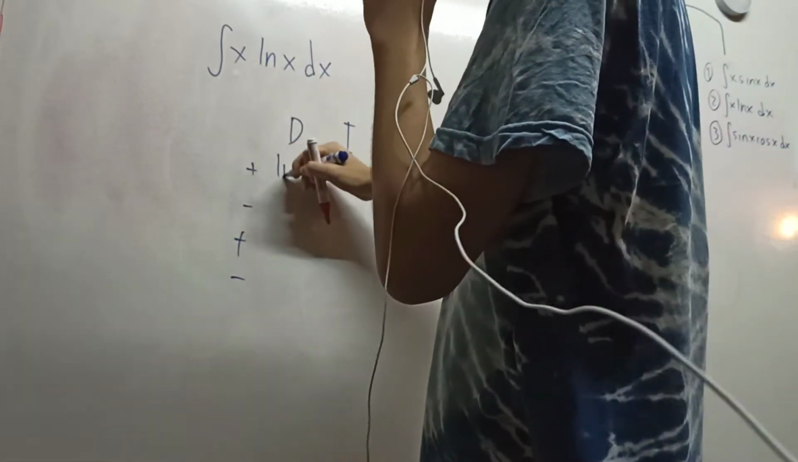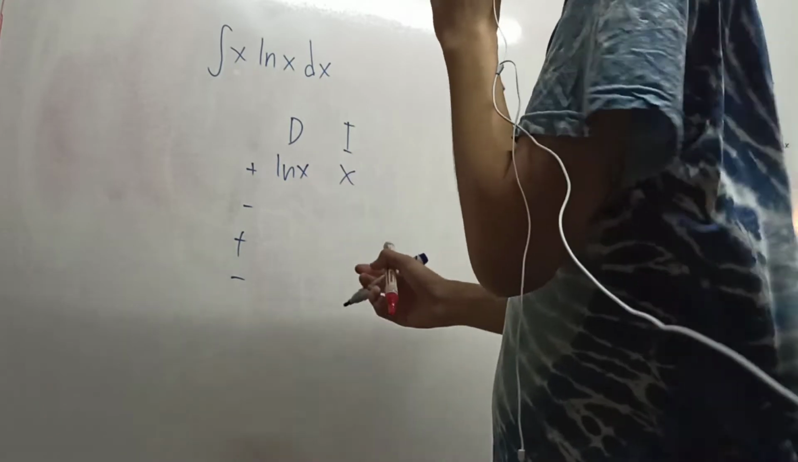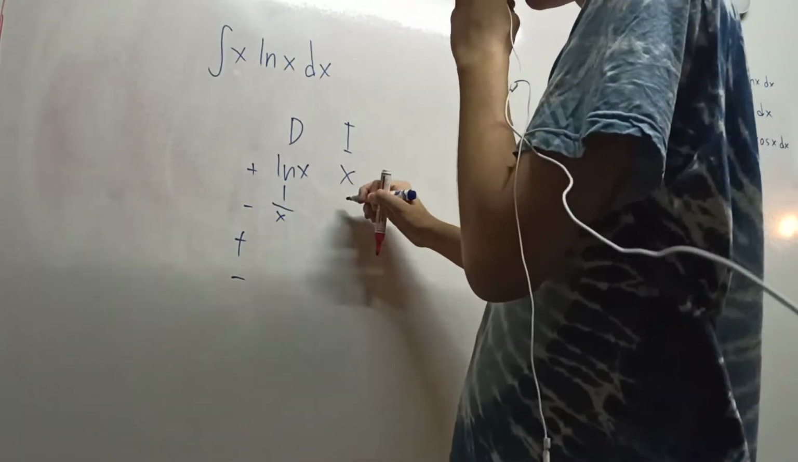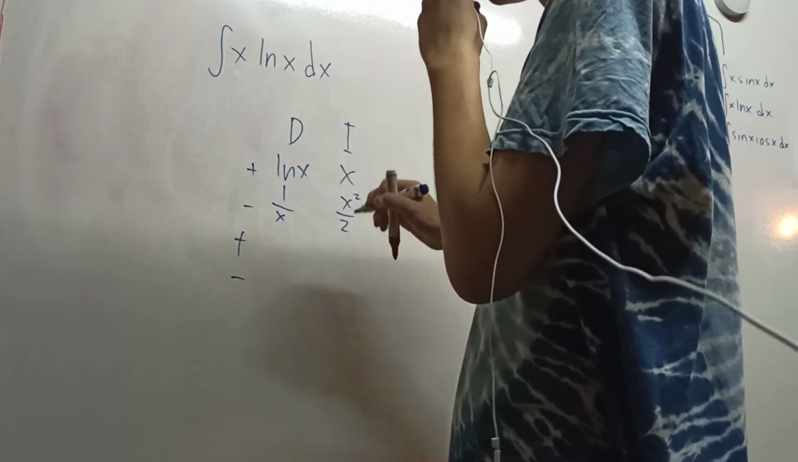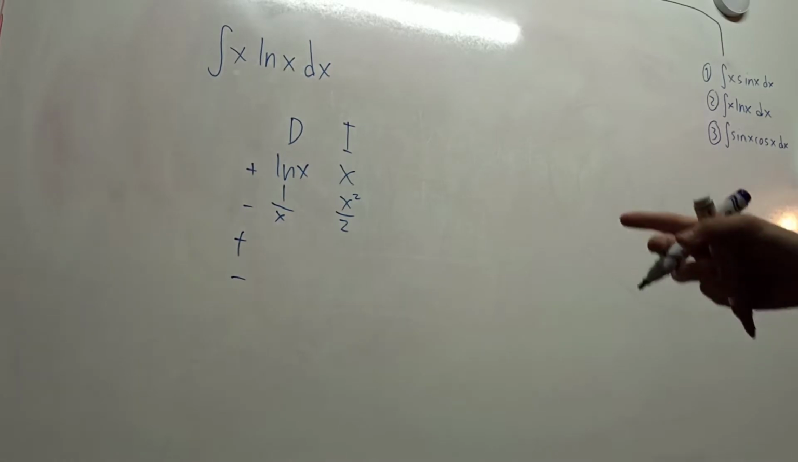D, we will differentiate natural log of x, and then I, we will integrate x. Differentiating natural log of x, we get 1 over x, and then integrating x, we get x squared over 2, and this is where we stop. Why do we stop? The second stop is